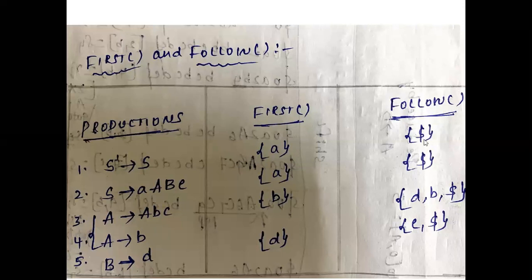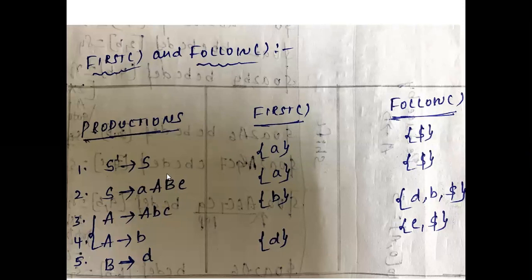And now I am constructing the follow function. What is follow of S dash? I am checking where S dash appears on the right hand side of the production rules. Here we have 4 production rules overall. Why? Because A has 2 rules, and when I separate this, writing the rule for A in 2 lines, we finally have 5 rules. No need to bother about the sequence numbers. See here, what is follow of S dash? I'm checking on the right hand side of the rules where S dash is.